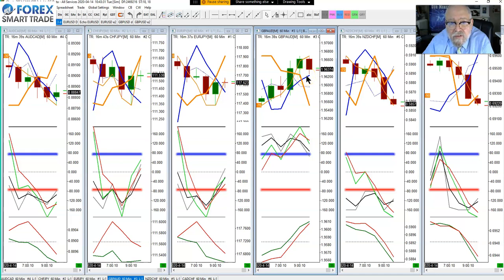So 2 points. But I've got thin orange going up, which is no good, and dotted blue going down, which means up. So I only have 2 out of 4. I need to have 3 out of 4 for this to be a strong enough signal. And again, it goes back to